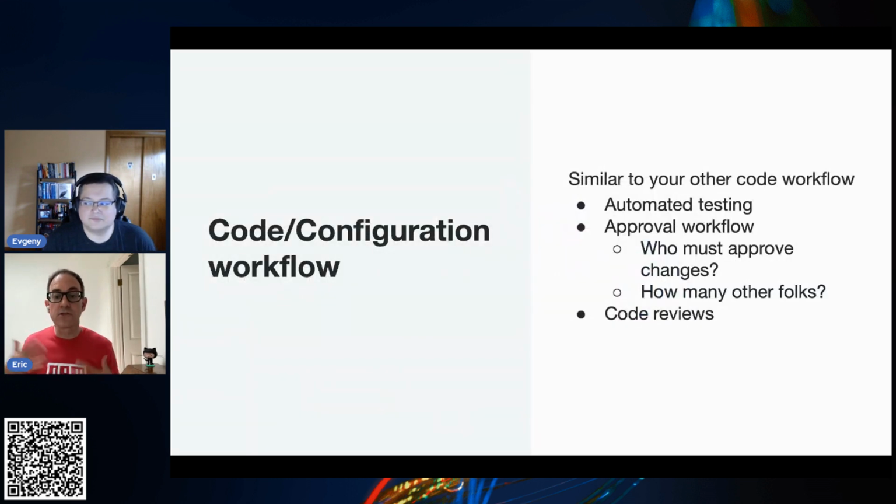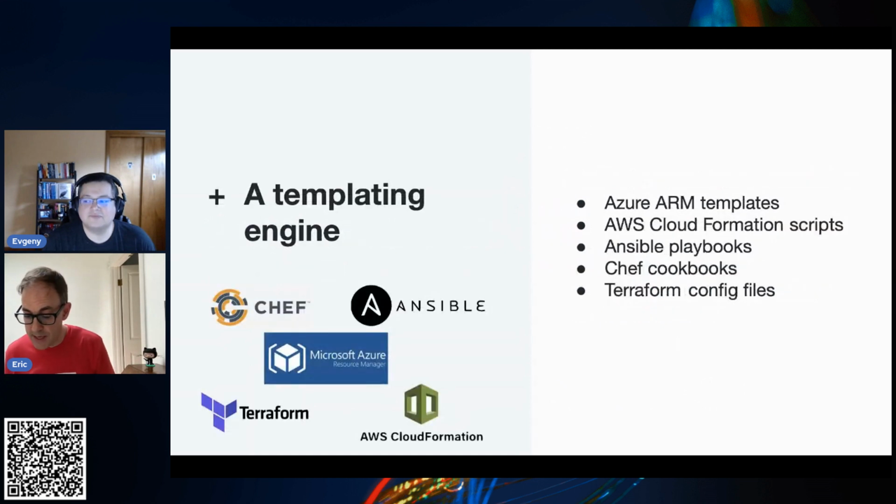There are a whole bunch of other options around this. We call them a templating engine here. I don't know that that's the official name, but basically it's the glue that sits in the middle between code changing in GitHub and that code being deployed. Again, ARM templates, powered by GitHub Actions, are what we're looking at today. AWS's CloudFormation configurations can serve as that engine in the middle. If you're going to on-premises infrastructure, or talking to multiple clouds, you might use the last item on this list, Terraform.